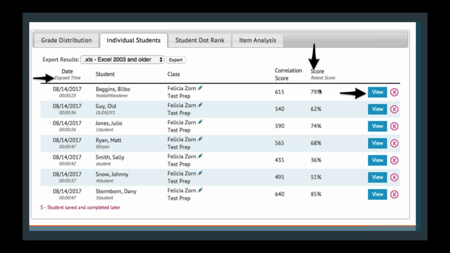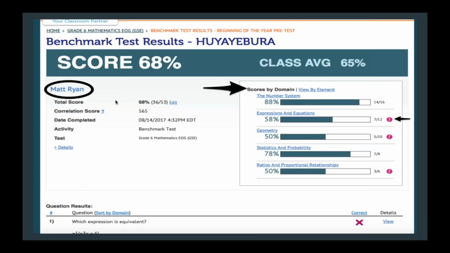You can also see their score, and then you can click on view to get a really vivid and detailed picture of how they performed on the test. Your students can also go in and see this data, which is really nice. So let me show what that looks like. So I clicked on the student results. So we're going to look at Matt Ryan's